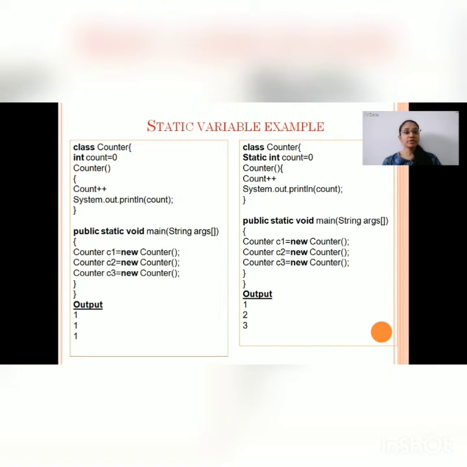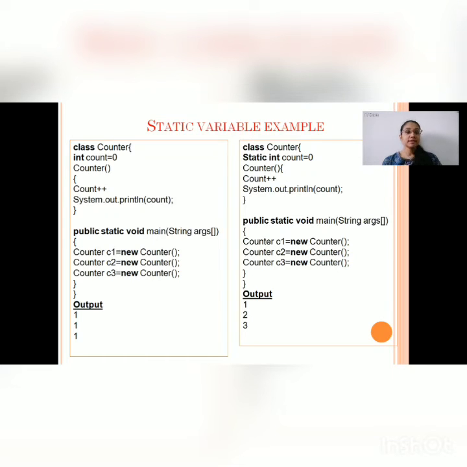When it is called using C2, it will increment to number 2 because it uses same memory, so it will be incremented from 1, so 1 plus 1 equals to 2. And when it is called using C3, it will be incremented to 3. This is the use of static keyword in terms of a variable.